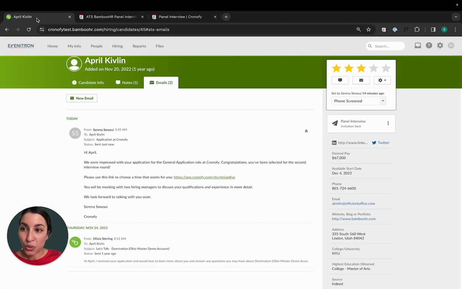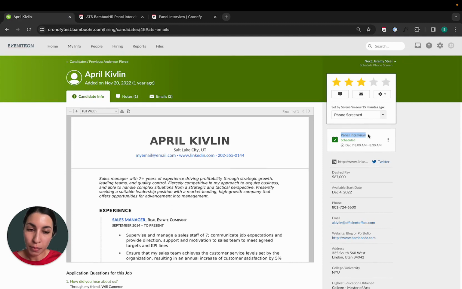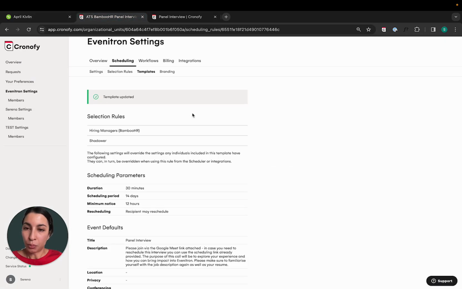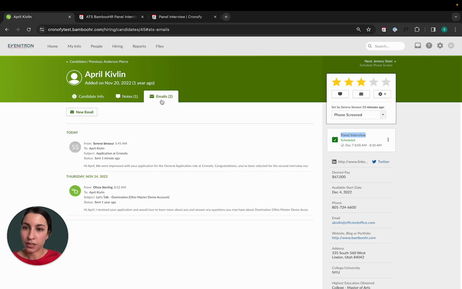Now, if I go back to BambooHR, this is also reflected in BambooHR. So I've got my panel interview scheduled, and I've got visibility over the time as well. That's pretty much everything you need to know about templating in Cronofy. Just remember that you will need to do a little bit of setup in Cronofy